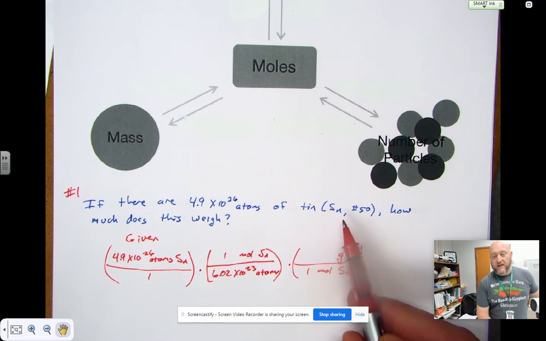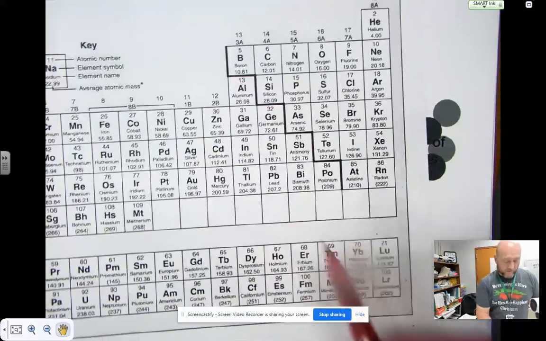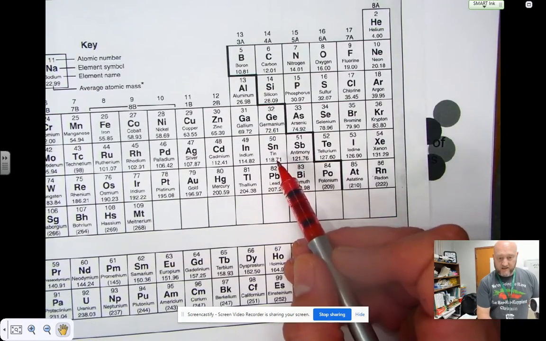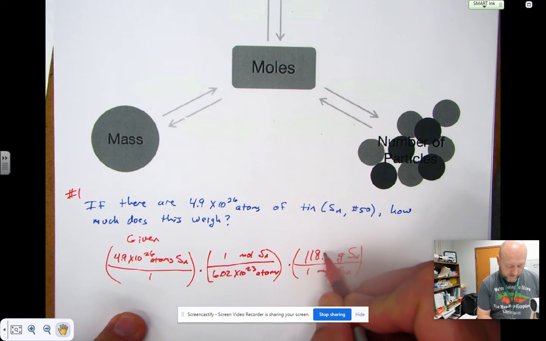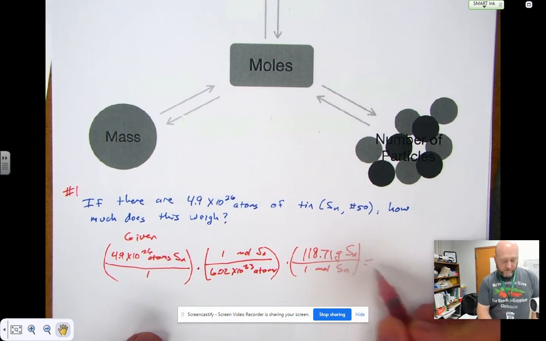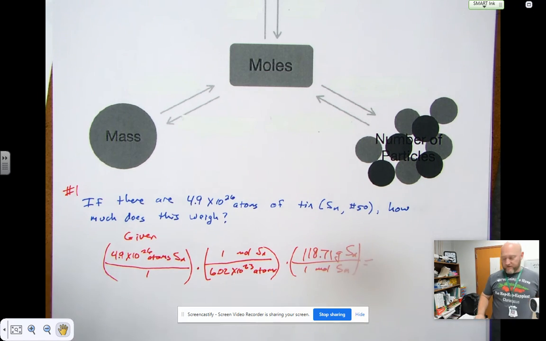Now we see here that tin is element number 50. So I'm going to look over here on my periodic table. I find tin. I see that its mass is 118.71. So it's 118.71. And then from here, we do the math. Now I know I kind of jump over this math part of it quickly. The expression is